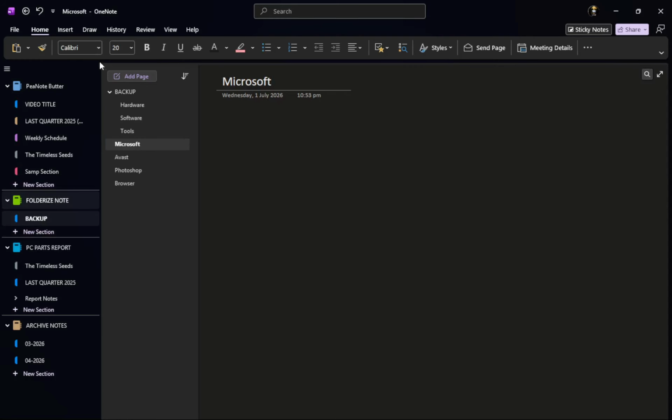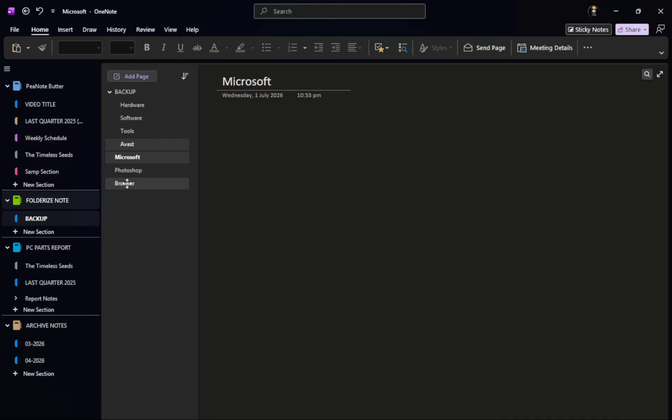Next, click and hold a section tab that you want to move. Once you've clicked and held the tab, you can drag it left or right along the row of tabs. As you drag, pay attention to the position of the tab in relation to the others. You will want to place it in the correct alphabetical position. This step is important because it ensures that your tabs are in the right order, which makes it easier to find what you need later. After you've placed the tab, release it to drop it in its new position.